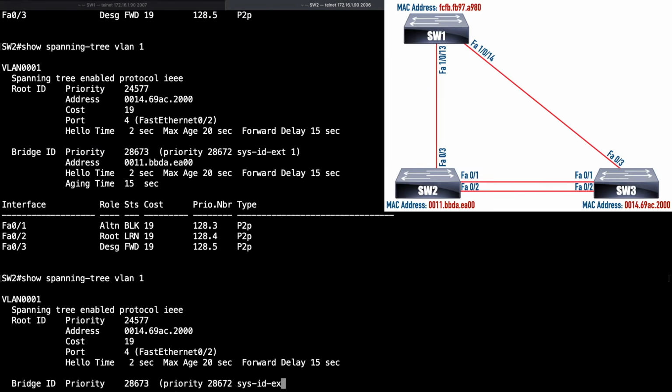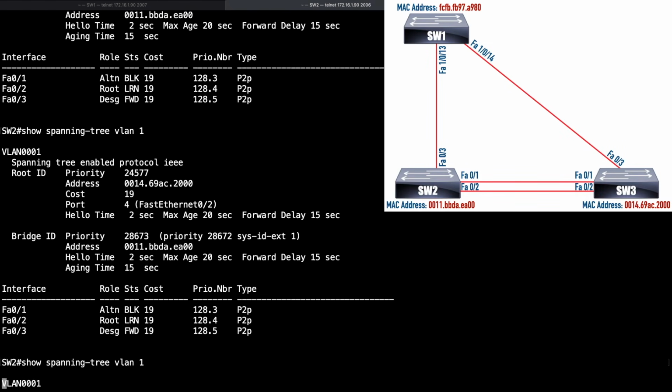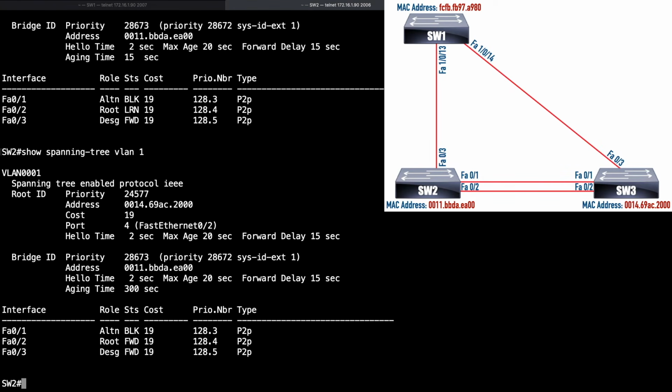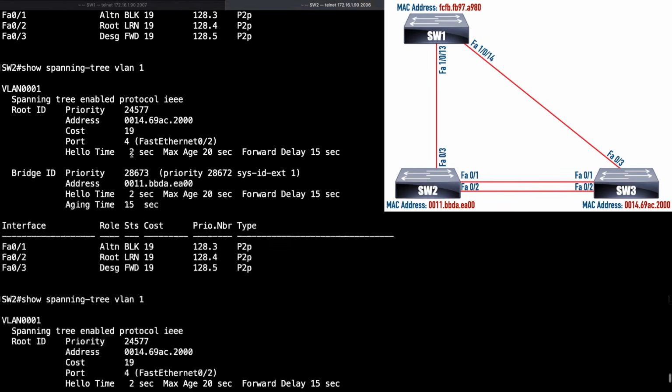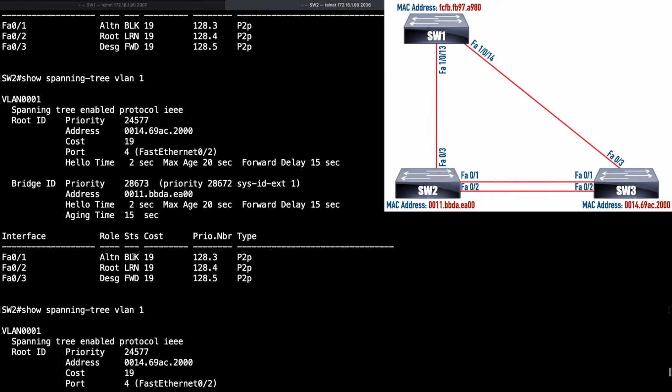Learning. We'll transition to forwarding hopefully in just a moment. There we are. We're in forwarding. Well, look at this. We originally were blocking. Let me scroll back up. We were originally blocking, before we started this, let's see, switch to,